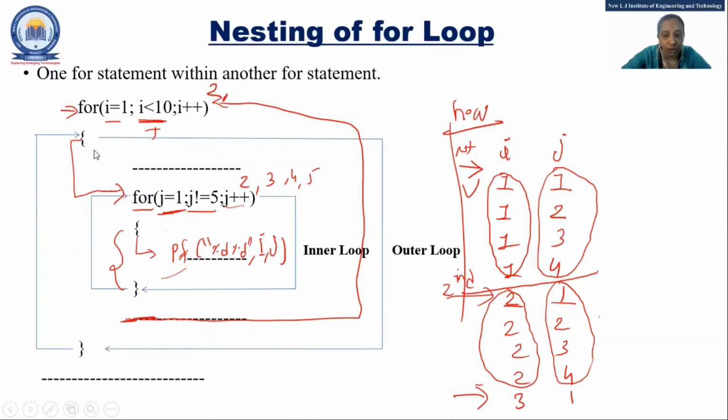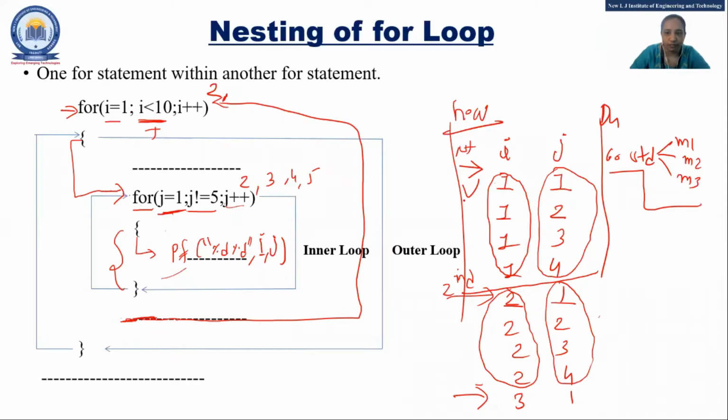The second application: sometimes it will be asked that if there are 50 students in your class, enter the marks for 3 subjects for each one. Suppose your class has 60 students, Division 4. For 60 students, you have to enter the marks for 3 subjects, that means M1, M2 and M3. At that time, you can use two for loops. One for loop will count the number of students, that is 60, and in each one there are 3 subject marks.